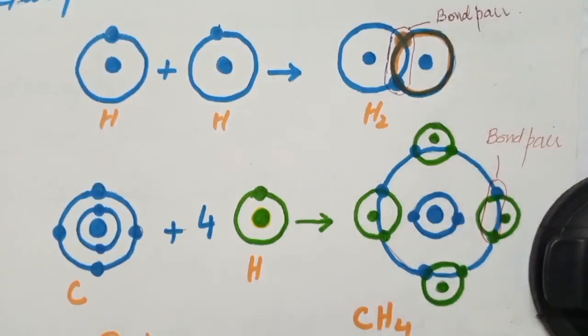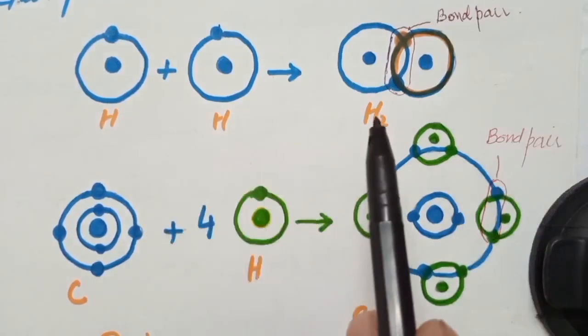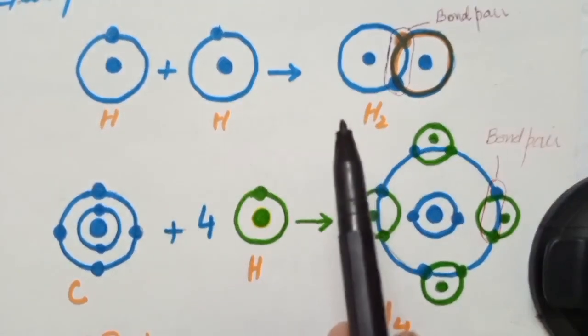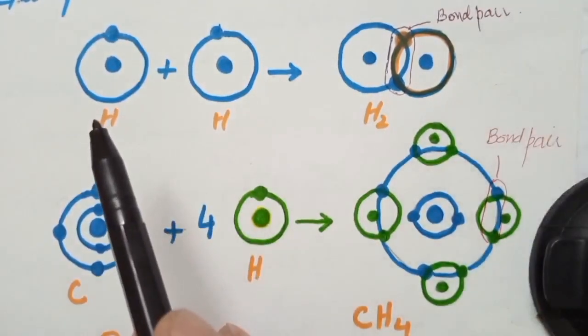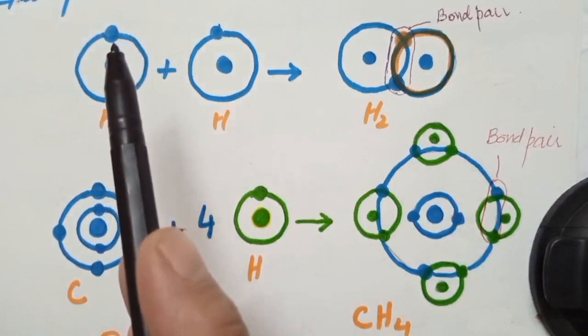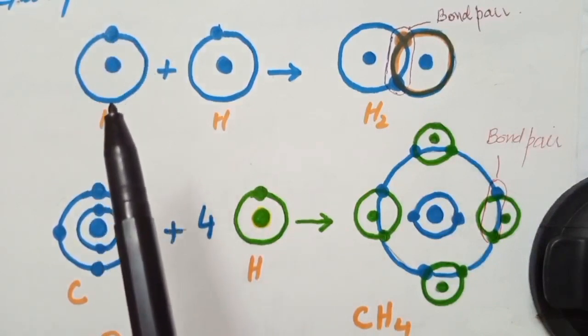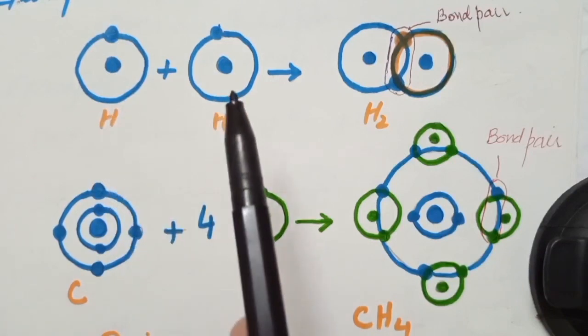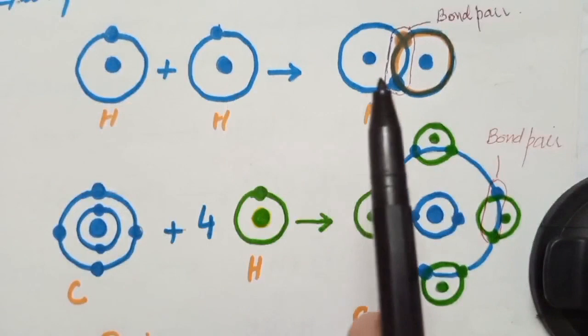Covalent bond is a type of chemical bond that is formed by the mutual sharing of the valence electrons between the atoms. Now we take an example of formation of the hydrogen molecule, which is the simplest example of covalent bond. A hydrogen atom consists of only one electron in its outermost shell, and it needs one electron to complete its duplet. It will combine with another hydrogen atom. In this way, both of these two atoms will complete their duplet, like this.